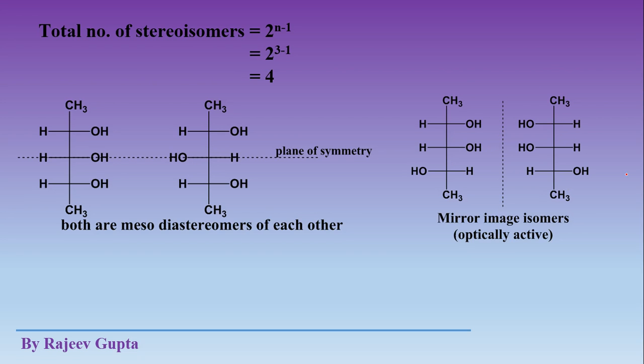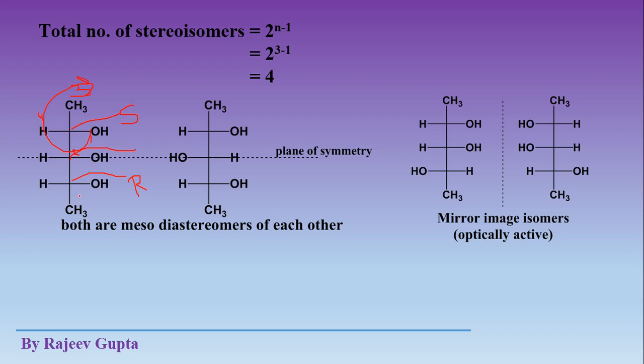So these 4 stereoisomers are possible for 2,3,4-trihydroxypentane. We have drawn all these structures, and we can easily assign their chiral descriptors. This is number one, this is fourth, and this carbon and this carbon are directly attached to oxygen. This is 2 and this is 3, 1, 2, 3. We will get R, but the fourth number is present at this side, so we will get S, so it will be R. Similarly, we can also define the chiral descriptor for this pseudochiral center.